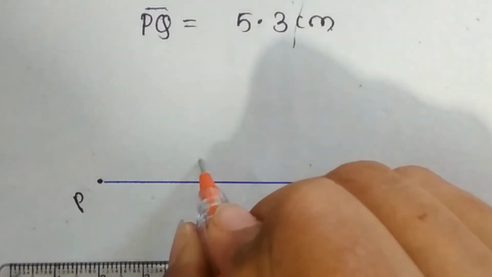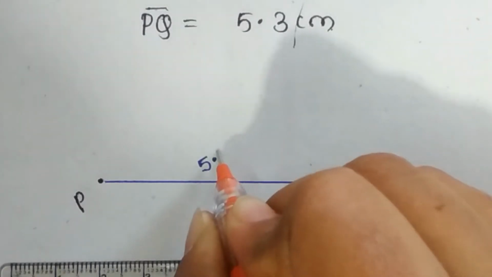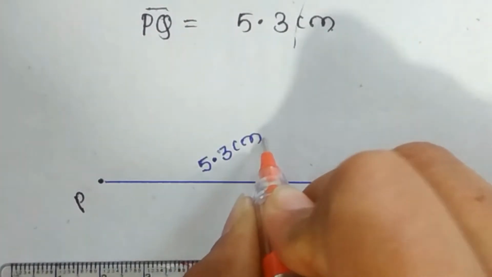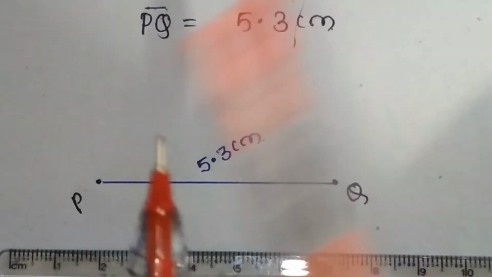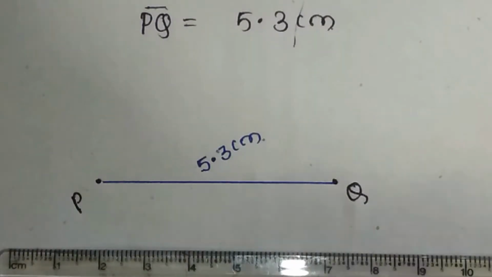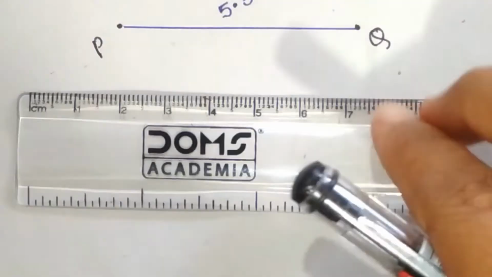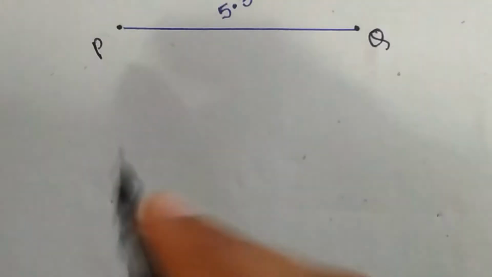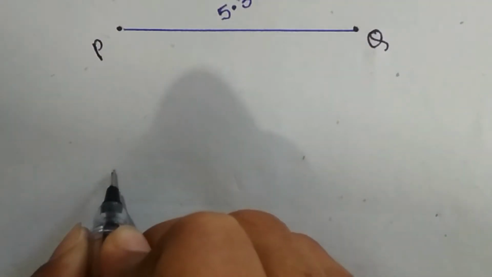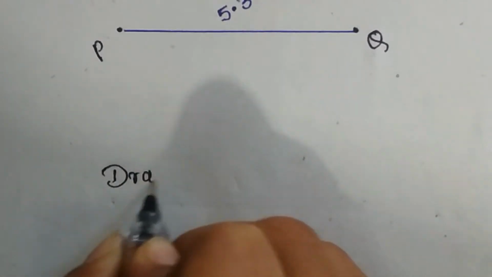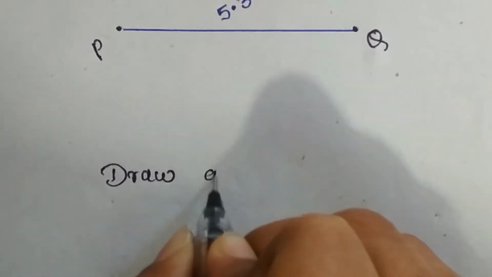It is the line segment measuring 5.3 centimeter. Now I hope that you have understood how to draw a line segment. You can try it for different examples. You can draw now. Draw a line segment